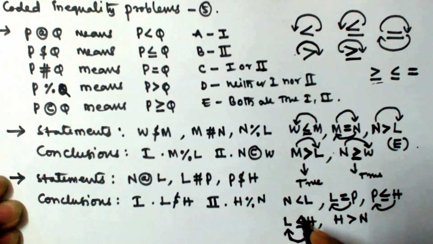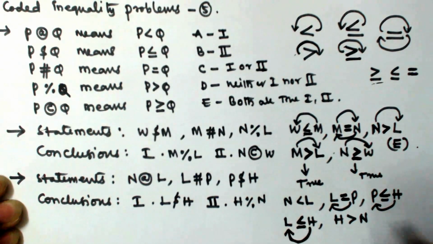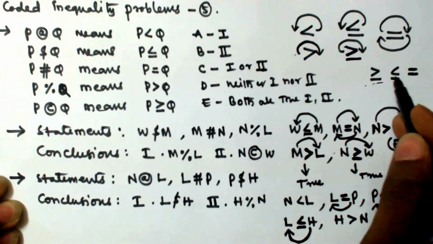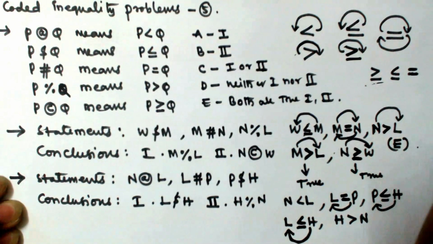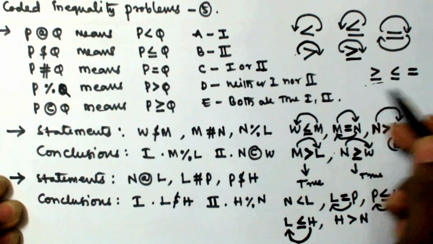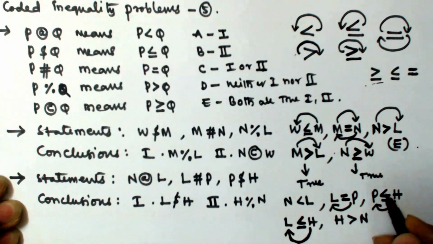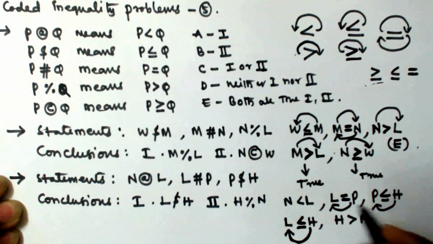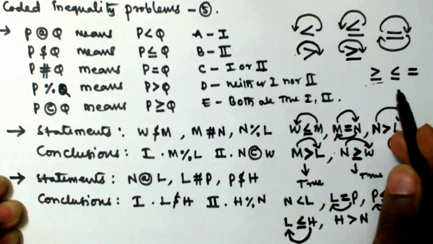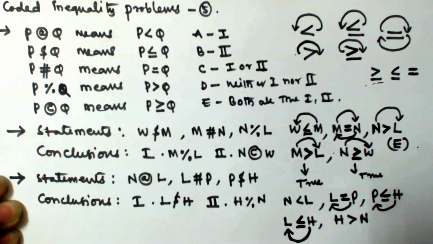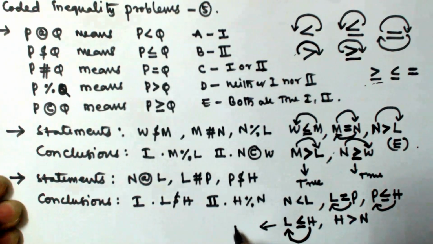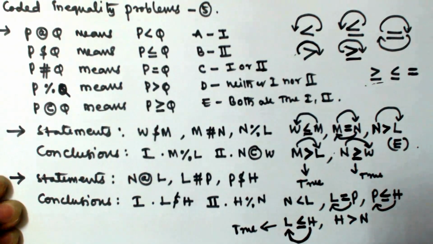Okay, H to L there is a movement. But here if you see, the relationship is less than or equal to, so all the movements from H to L must contain less than or equal to, greater than or equal to, or equal to only, or a subset of these three, right? If you see here, it contains less than or equal to and equal to. So these two are a subset of this one. So that's why this one is going to be true. So the first conclusion is true.